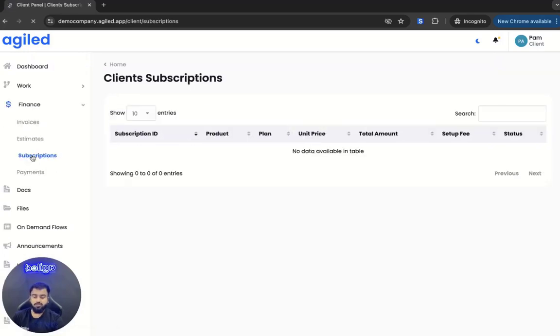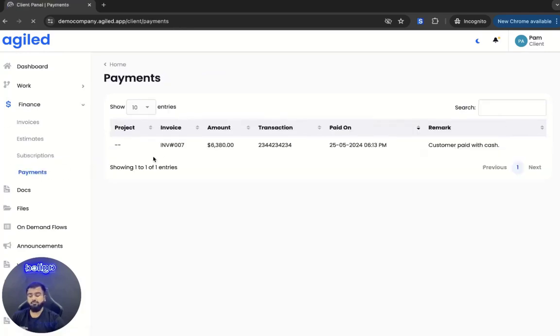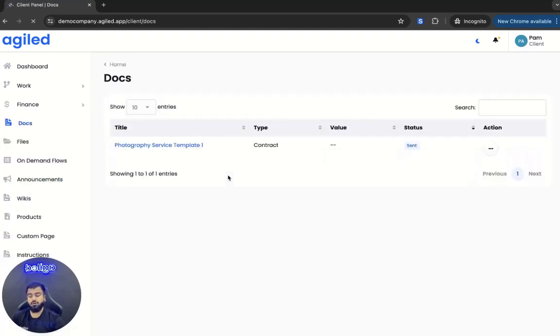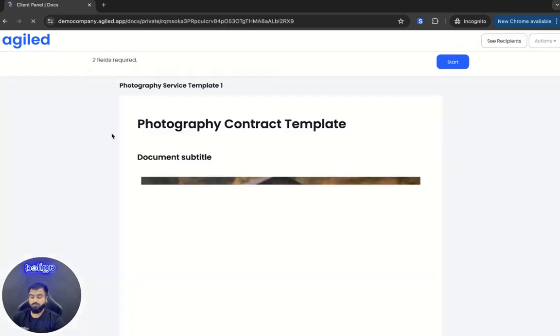In the subscription section, they can see all the subscriptions related to them in Agiled, and in the payment section, they can see all the payments that they have made on invoices to you. So they can quickly see the invoice that this payment was related to. They can see the transaction ID, etc., everything. In the doc section, they can see all the contracts or proposals created for them in your account. So we have actions for them too. So let's say they want to view a document. So they can view the document and